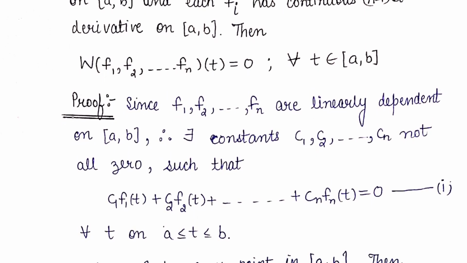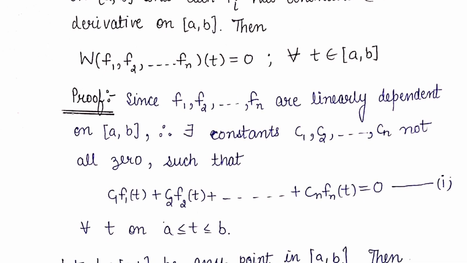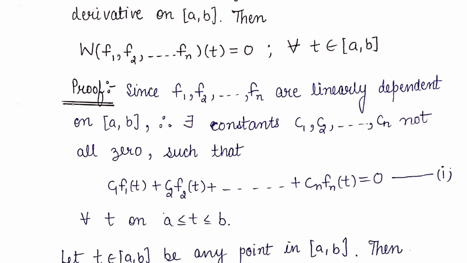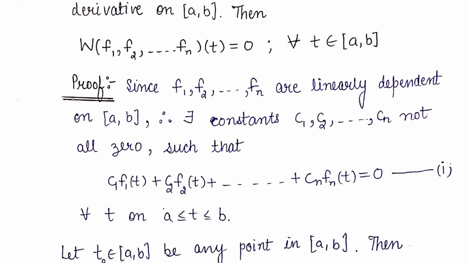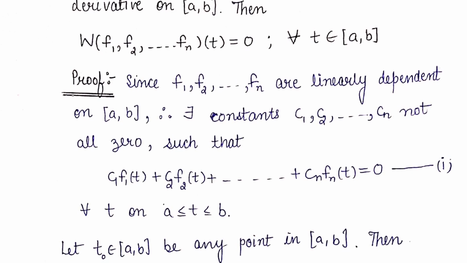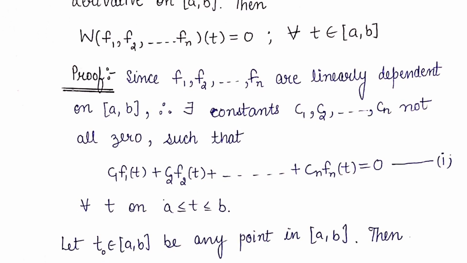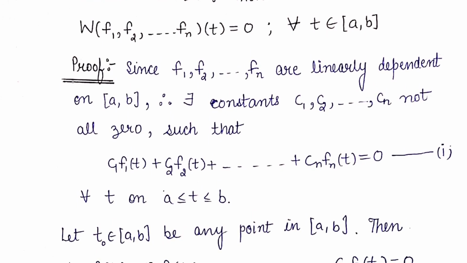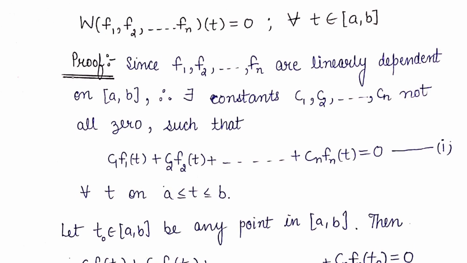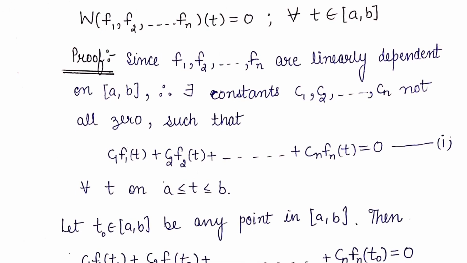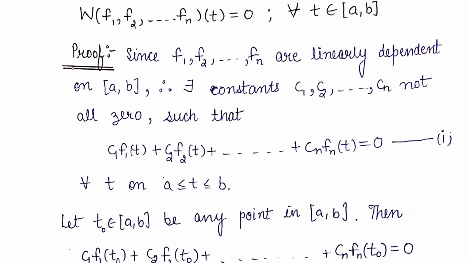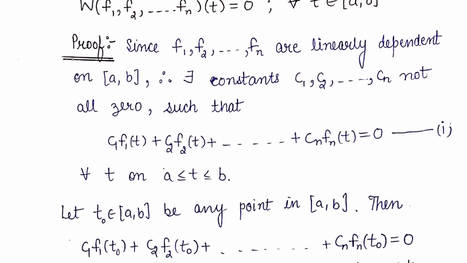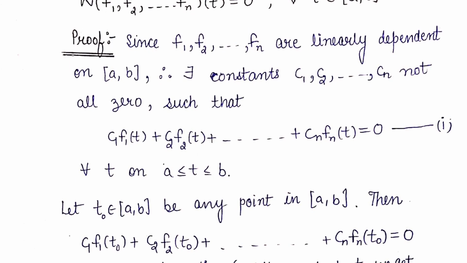Since f1, f2, fn are linearly dependent on ab, so using the definition of linear dependence, there exist constants C1, C2, Cn, not all 0, such that the linear combination is 0. Now let T naught be any point in the given closed interval ab. Then C1 F1 T naught plus C2 F2 T naught plus Cn Fn T naught is equal to 0. Now differentiating this equation n minus 1 times, we get